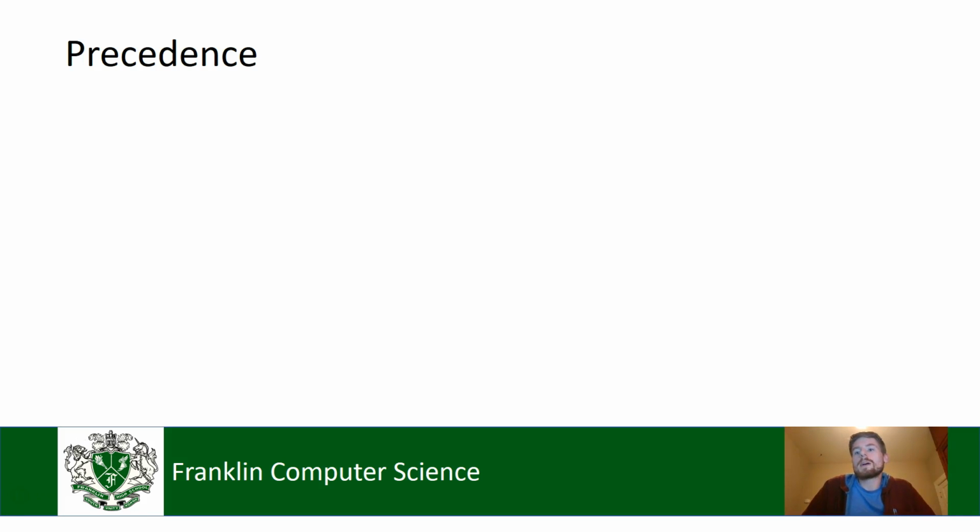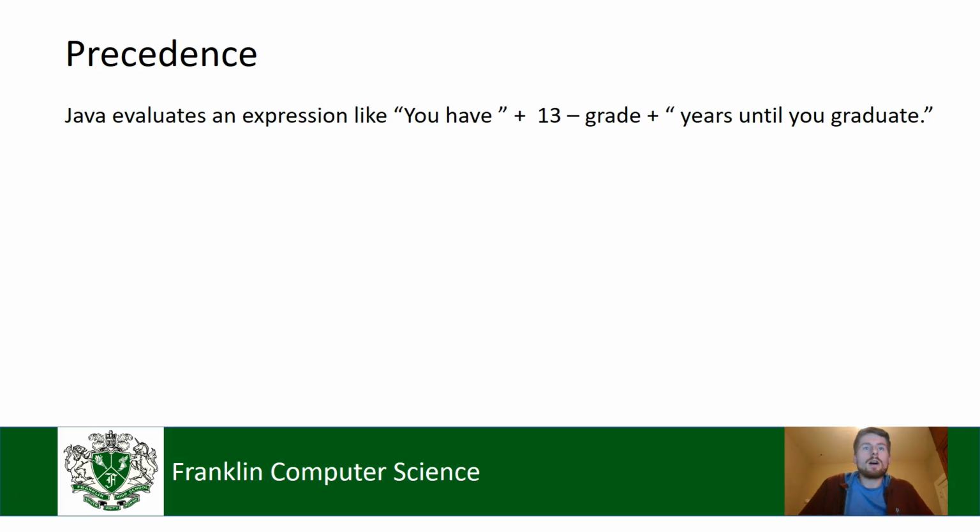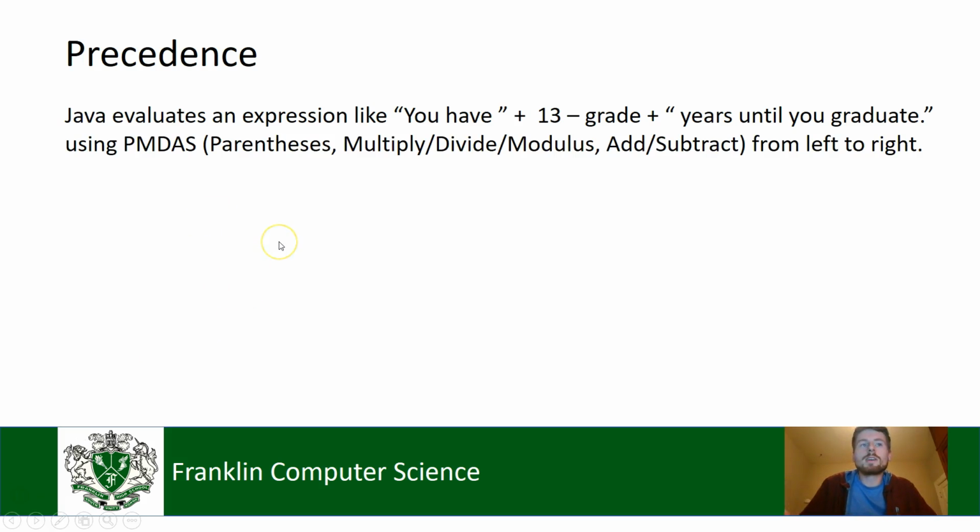Okay, so the next bit in this video is going to be about precedence, which is the order of operations or priority that Java uses when you're evaluating an expression. When you have an expression like this, plus 13 minus grade plus years until you graduate, how does Java approach this? Well, it's going to use